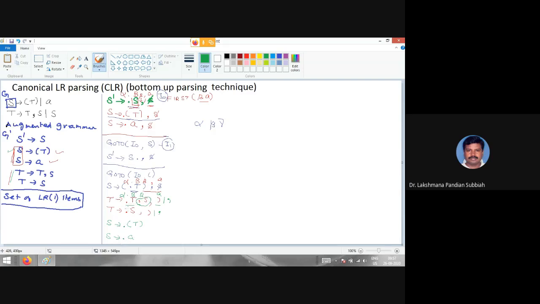Now the lookahead, you have to find out the lookahead. Alpha dot, this is B, this is beta, this is A, right? So beta is empty. So A is close bracket or dollar. So that one is going to come as lookahead for here also. So close bracket or comma, right? So here also you have to write close bracket or comma, right?